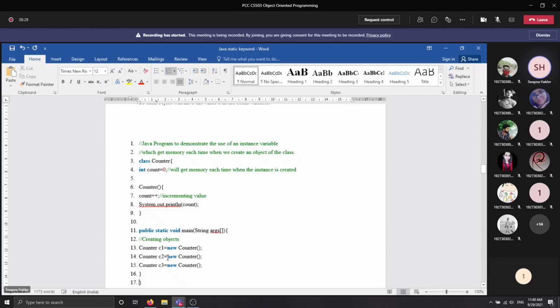Can anyone guess the output? If you are able to guess the output of this program, that means you have a full-fledged knowledge of constructors. First of all, tell me whether the value will be incremented or not.